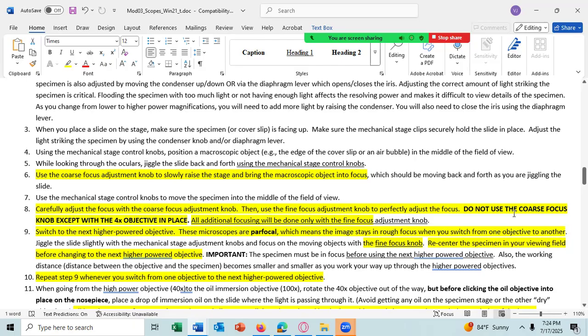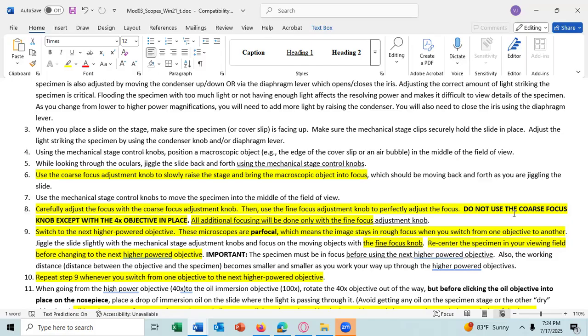The reason for that is our lenses are parafocal, meaning when you have the object in focus with one lens, hopefully you're seeing these two pens here, and then you move another lens into place, the specimen should be in coarse focus.